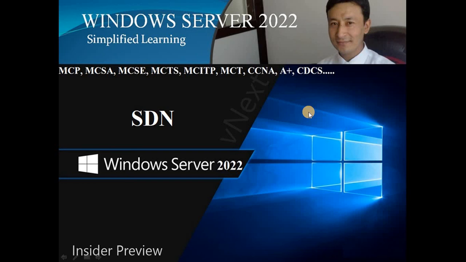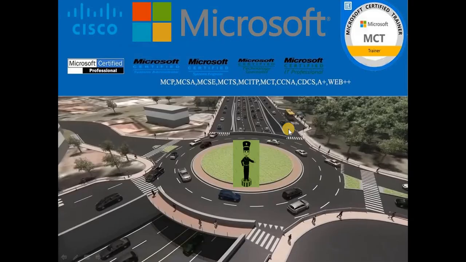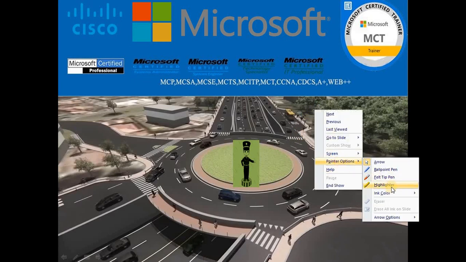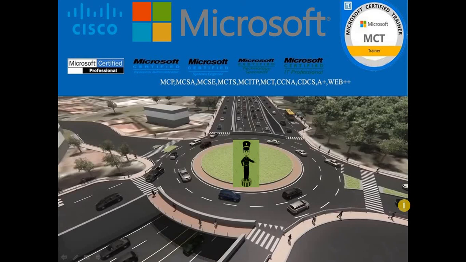Before we go deep into the discussion of SDN, I would like to take you through a simple example so that you get a clear picture. If you have a look at this figure, let's say there is one car, and this car's driver is willing to go somewhere. It might be in this direction, this direction, or this. Now if this driver doesn't know the proper road he or she is supposed to take,